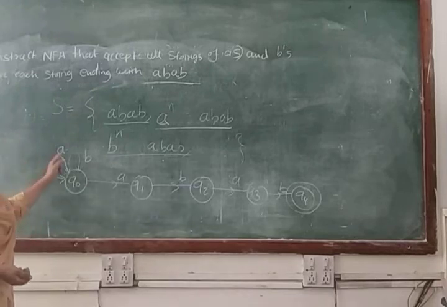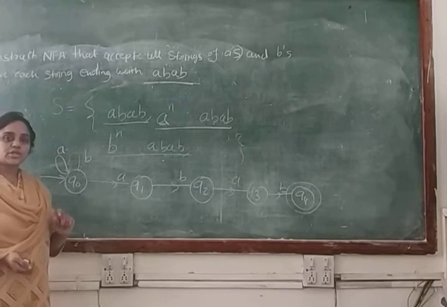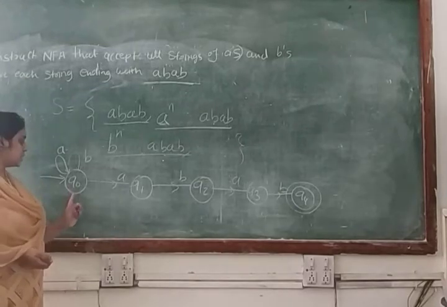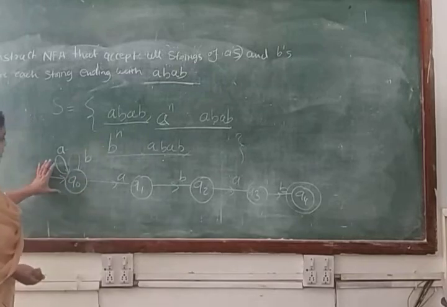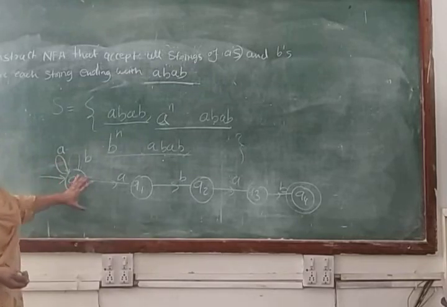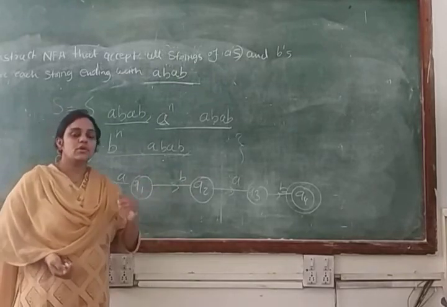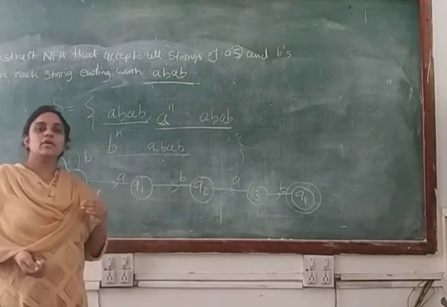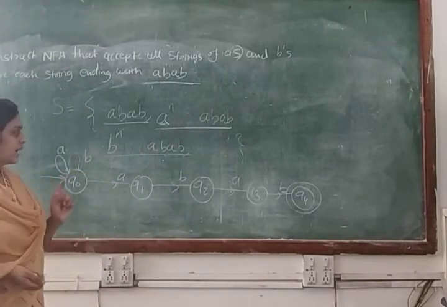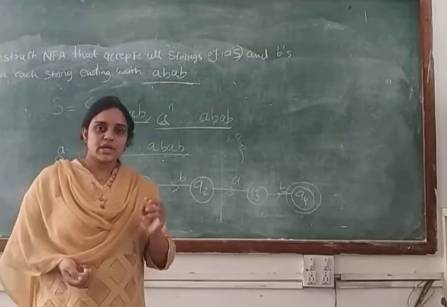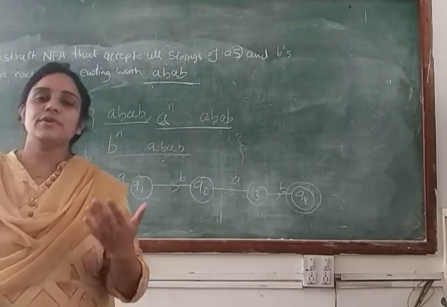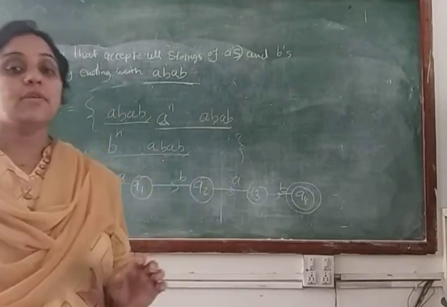So that's why we will make a transition for the input symbol A from the state Q0 to Q0 in the form of a self rule. So in that case you can check here, A to N and AB, this type of string can also be accepted by your machine. Clear? And now the second condition is there is no need to make a transition from every state for every input symbol in an NFA machine.